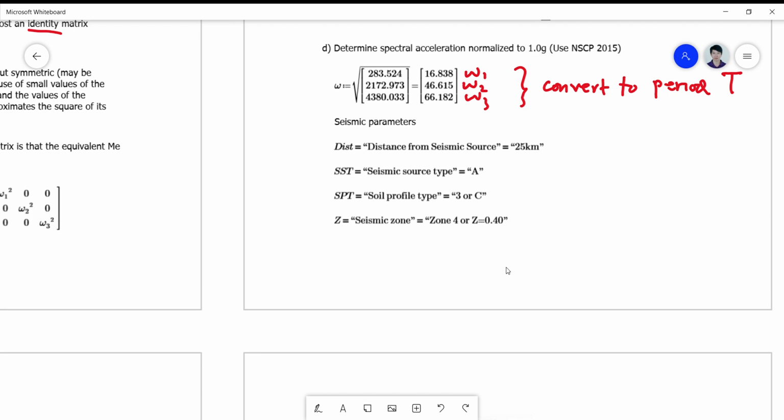Okay, let's now continue on this problem. We have already looked into some parameters in the NSCP provision. So these are the seismic parameters that we need for us to be able to use the seismic code guideline on lateral force procedure. The distance is assumed to be,